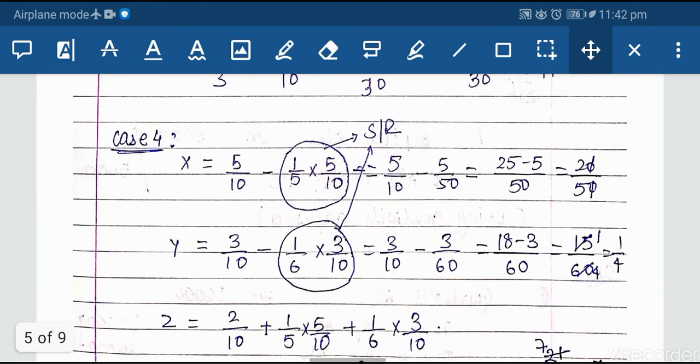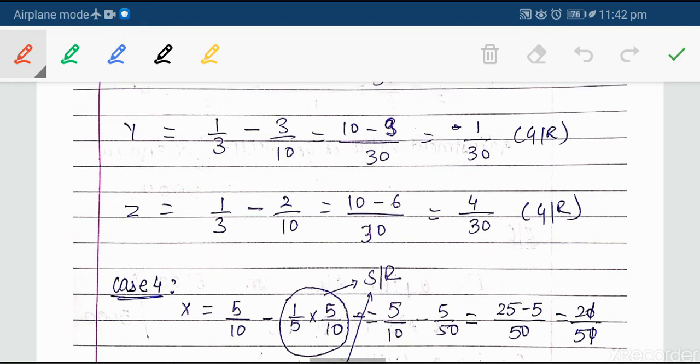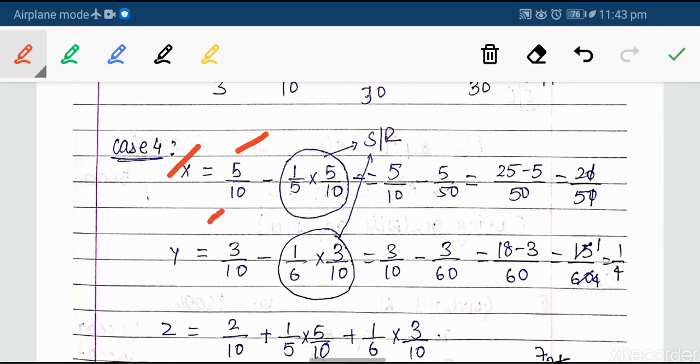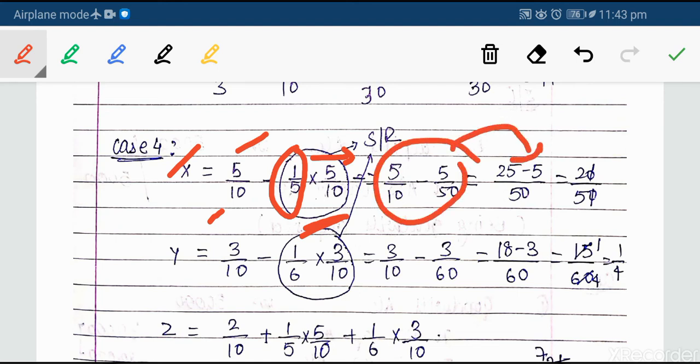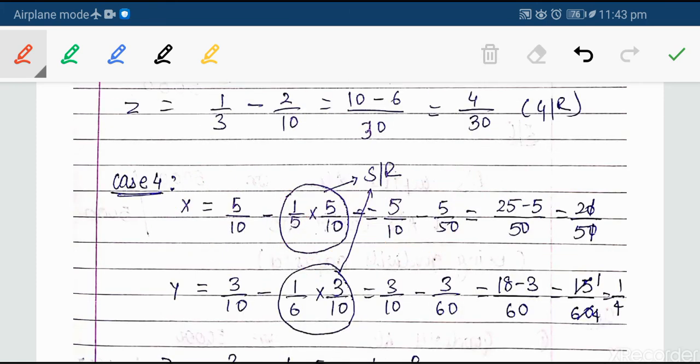It is like this. In this case, for X it is 5/10, the old profit sharing ratio, and 1/5 of his share. How much is his share? 5/10. So we calculated 1/5 of X's 5/10, and it comes like this. So the new profit sharing ratio of X is 20/50 or 2/5, you can say like that. Whatever it is, you can find it like that.